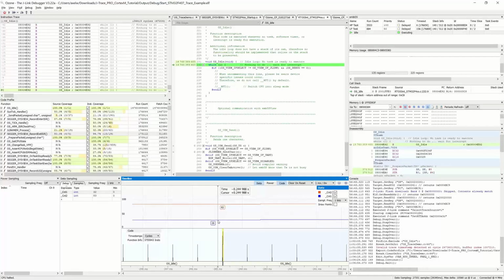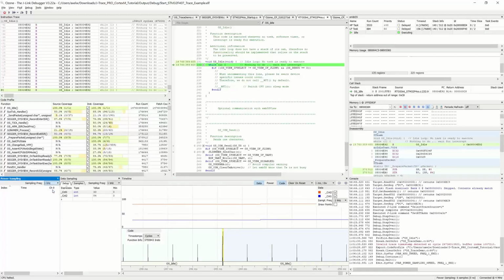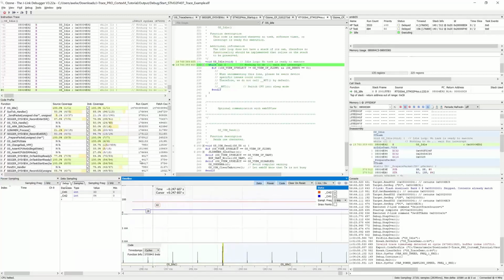Since I'm actually powering the board through JTrace, I can also do power sampling on top of that, also correlated in the timeline. So I can activate my power sampling and then also activate that here. And now, when I restart it, I'm going to get a correlation